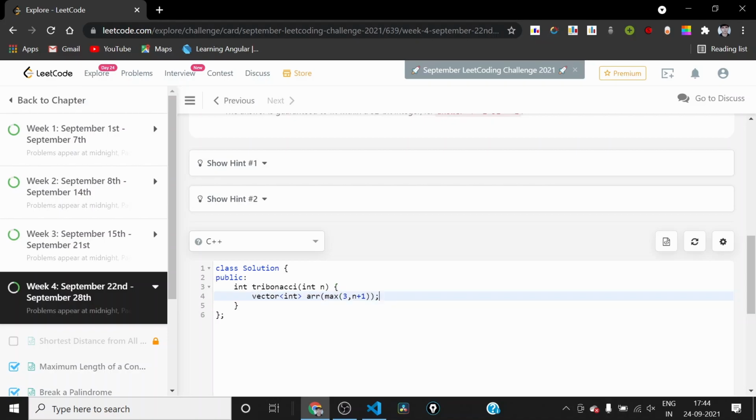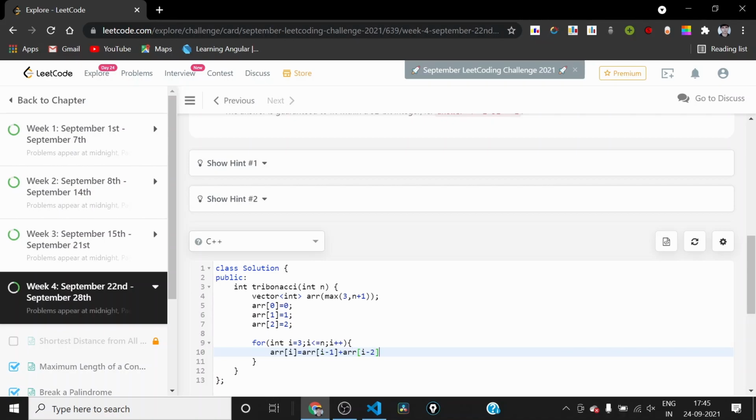But we plan to do something like this: ARR 0 equal to 0, ARR 1 equal to 1, ARR 2 equals to 2, and then we plan to do something like this: i equals to 3, i less than or equal to n, and i plus plus, and then we will calculate the value of each i.